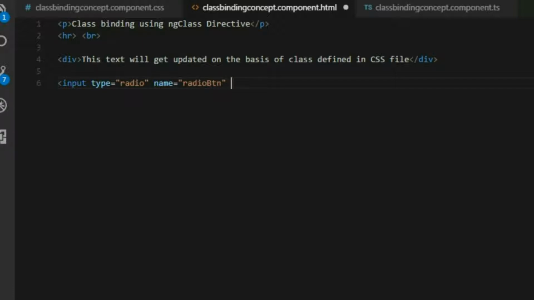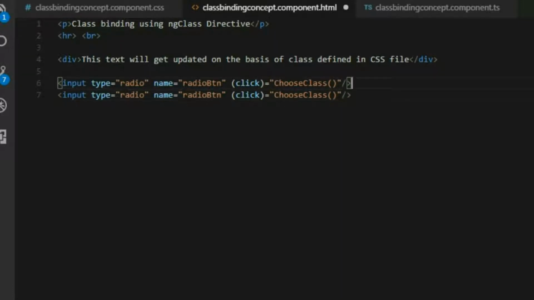and then we'll put a click event and we'll call a function. So we'll put chooseClass as the function name. That's the class we're going to choose on the click of the radio button. And then we're going to copy this and create another radio button down under. Then we're going to update the parameter to 1 and 2. What it means is we're going to pass the parameters to the function, and on the basis of it the